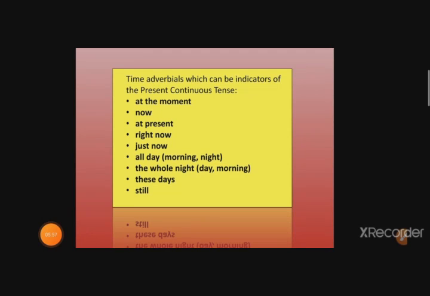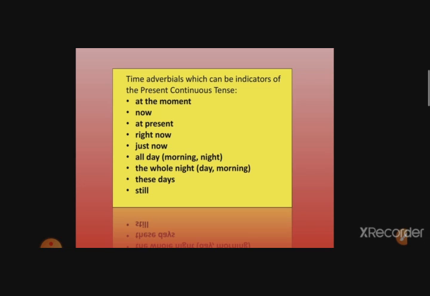Okay, before moving ahead with the formation, here are some words which indicate present continuous tense. That means if these words are used in the sentence, then that sentence would be in present continuous tense. Time adverbials, that means adverbs of time, can be the indicators of present continuous tense. Some of them are at the moment, now, at present, right now, just now,